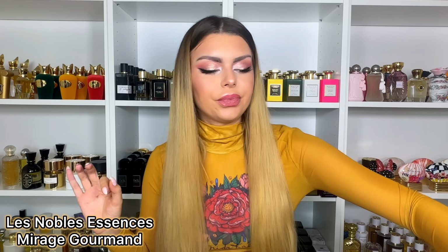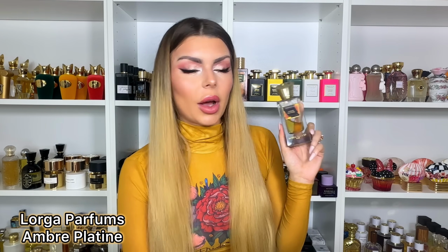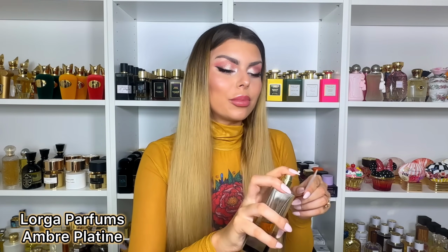The next one, again, one that I didn't post in a very long time. I don't know why. I will not say I've been loving this recently, just I was using it more and more. This one is Ambre Platine from Lorga Parfums. I got my bottle probably like 1 or 2 years ago, and I didn't really wear it for some reason. And then in the past, I don't know, 6-7 months, look at that. Again, this is more heavy for the colder weather, but it's such a beautiful